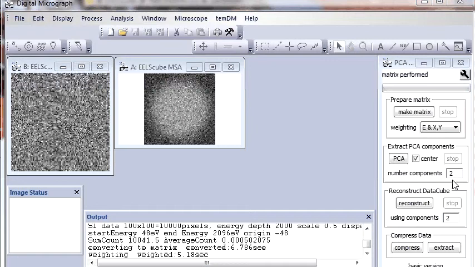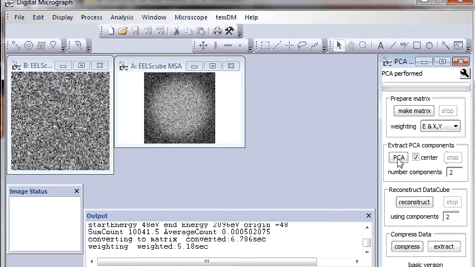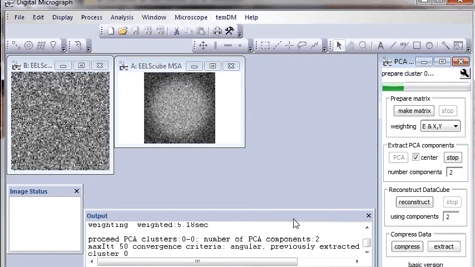The minimum number is 2, and for demonstration purposes we will start with extracting 2 components. Press PCA. PCA is starting, so you can see the status in this information bar and also in the output